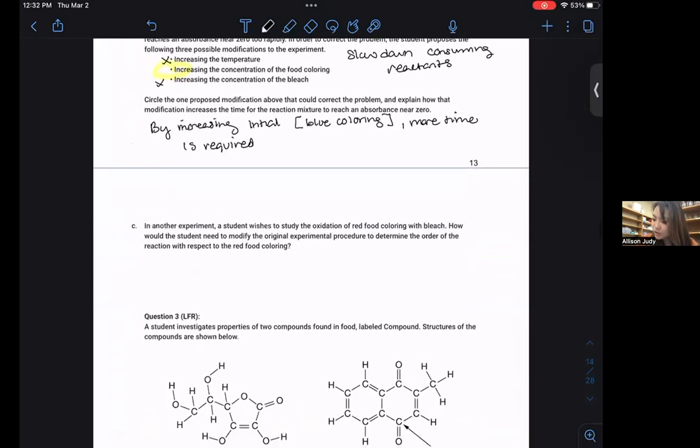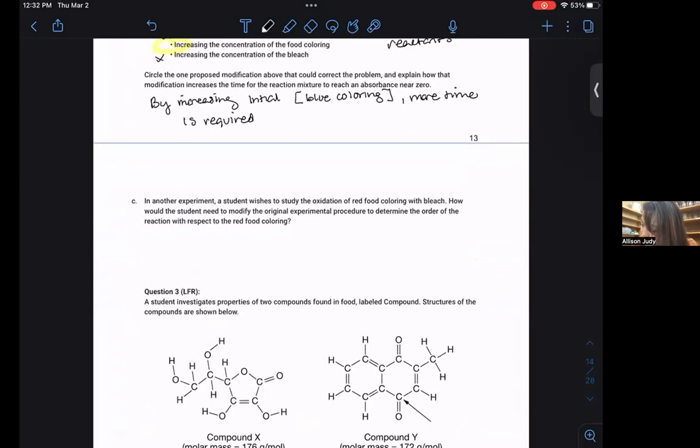Okay. So part C: in another experiment, a student wishes to study the oxidation of red food coloring with bleach. How would the student need to modify the original experiment to determine the order of the reaction with respect to red food coloring? What you'd have to realize is that if you're changing color, you're going to have a change in absorbance patterns. So you're going to need to change or reset the lambda max wavelength